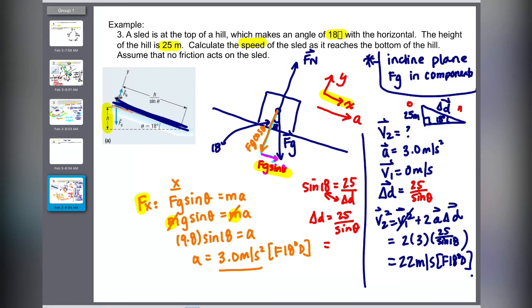Okay, so this is the part that we're talking about. Sometimes second law will tie into kinematics. There are assumptions, right? v1 is 0. On the question, it also assumes that there is no friction. When it gets to friction, then we will have an extra force that we will